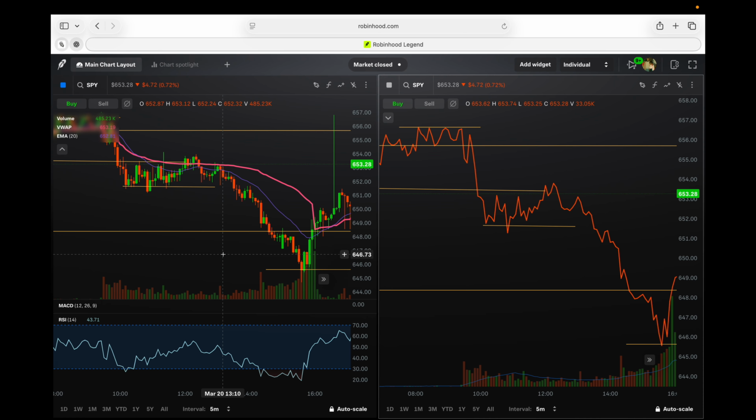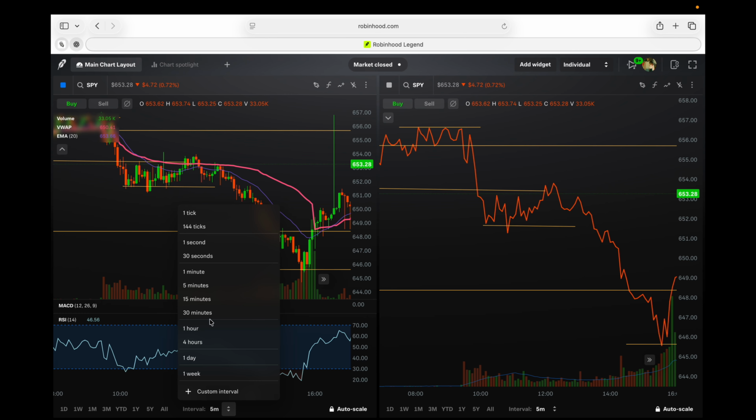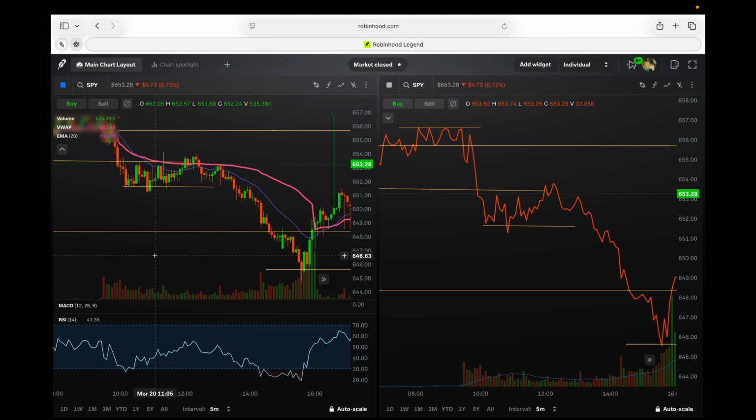If you can follow my cursor down here, you'll see a 5M. That represents 5 minutes. I can open up this area and show different time periods. I've got 30 minutes, 15 minutes, 5 minute, 1 minute, 30 second, 1 second. All depends on what type of trader you are. I'm a day trader. I normally get in and out the same day, so a 5 minute time frame is pretty much